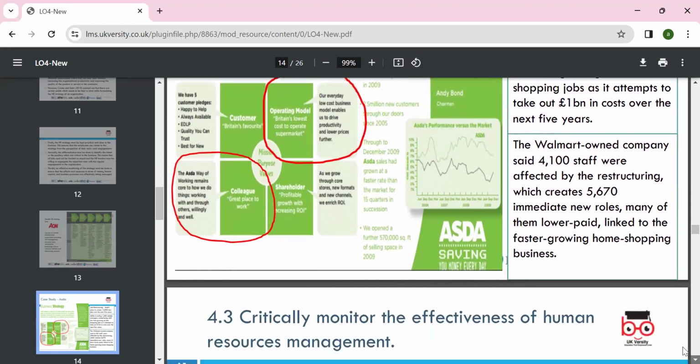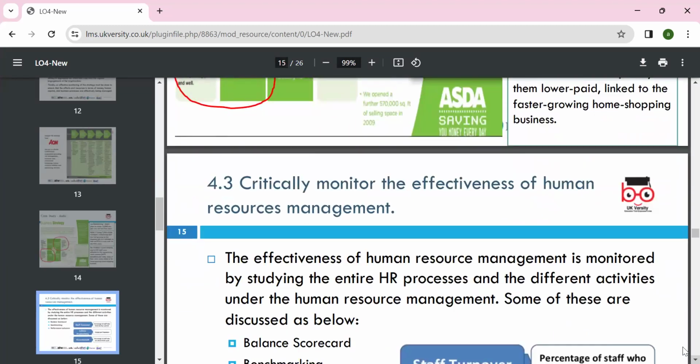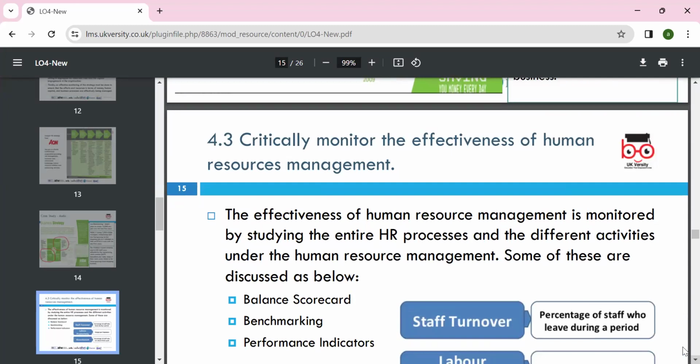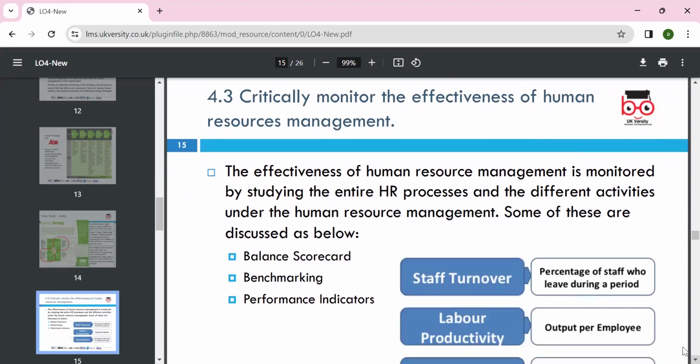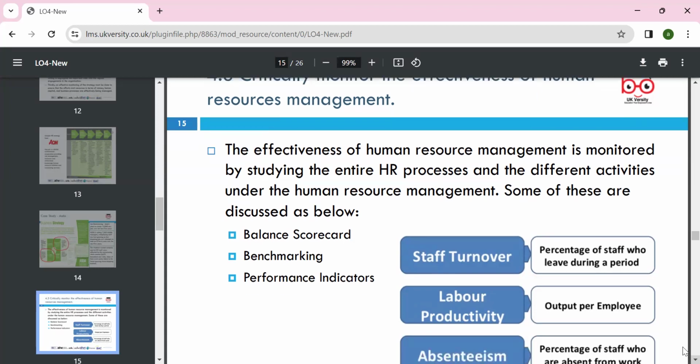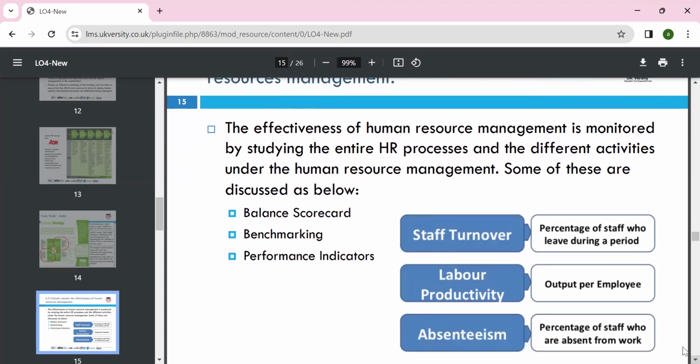So then sometimes, restructuring also creates a new job. Then we have to critically monitor the effectiveness of human resource. Critically, planning and control work together. So effective human resource management is monitored by studying the entire HR process, from job description to job recruitment, HR advert and planning, all of which we can look at overall in a